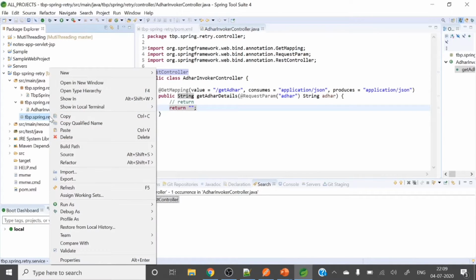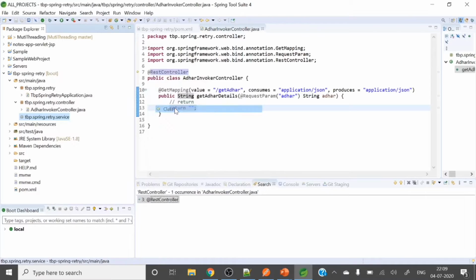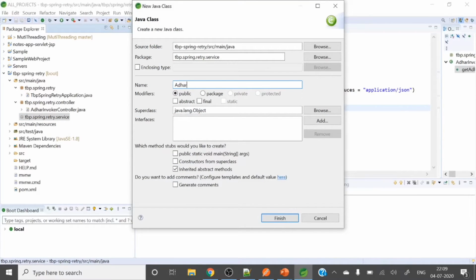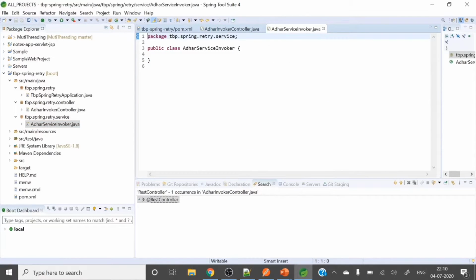In that one let me create AadhaarServiceInvoker, a Java class. Okay, so here you go. Let's finish. Make this class @Service.